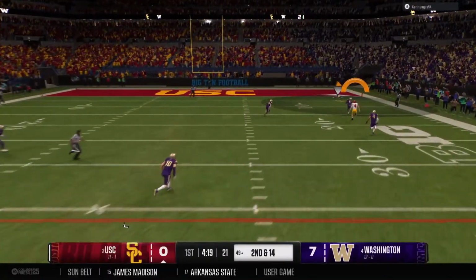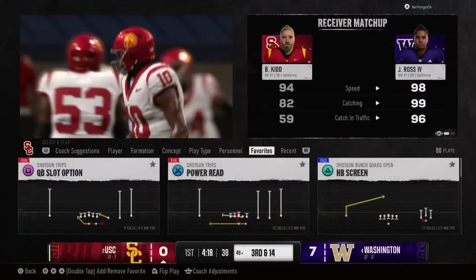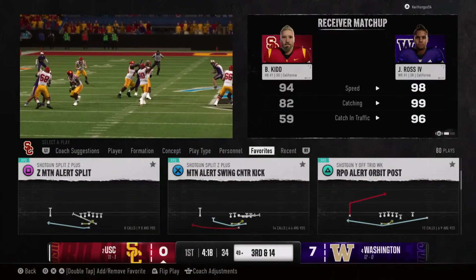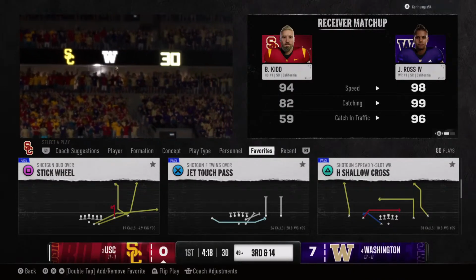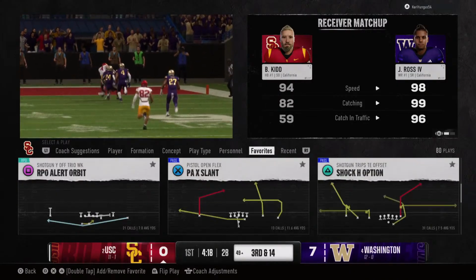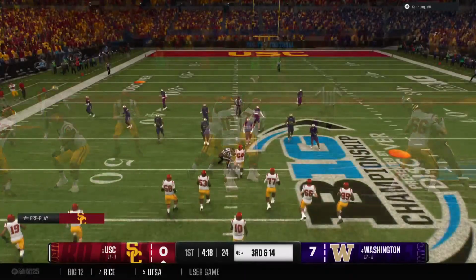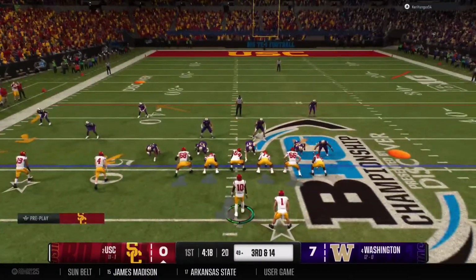It's a deep throw down the right sideline. The downfield shot is incomplete. Brings up 3rd down. I don't know if people understand how hard it is to defend against the deep ball in man coverage like that. But this defensive back did it perfectly. Turns his head back just in time to find the ball to ensure that incompletion. So a tough 3rd and long on the 10th play of the drive.